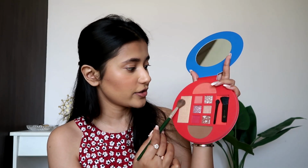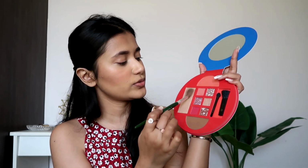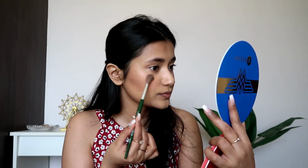Okay, we are off to a good start now. Let's try the highlighter from this palette again. I mean, can you guys see how beautiful that looks? Although I think this could be a little too dark, or maybe not. Let's find out. This side,